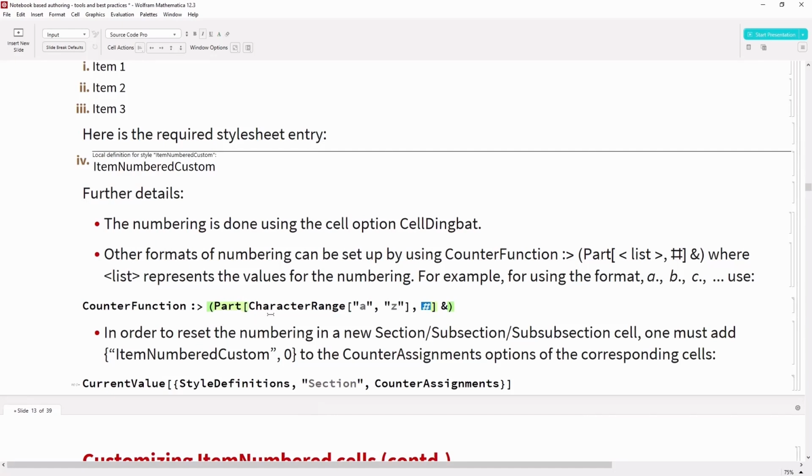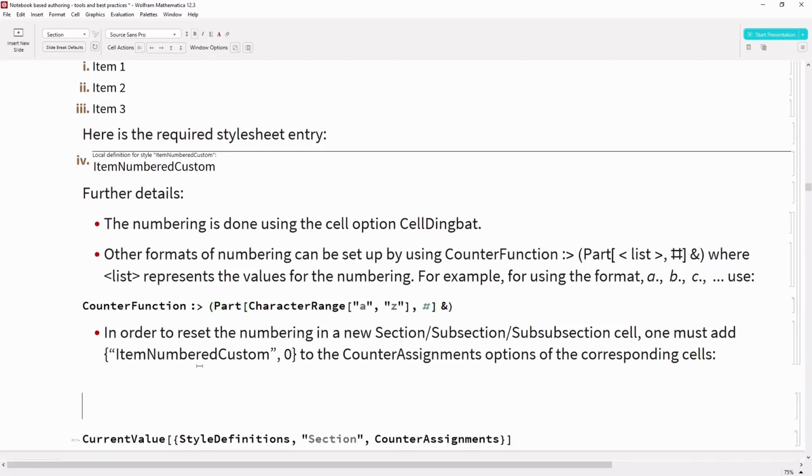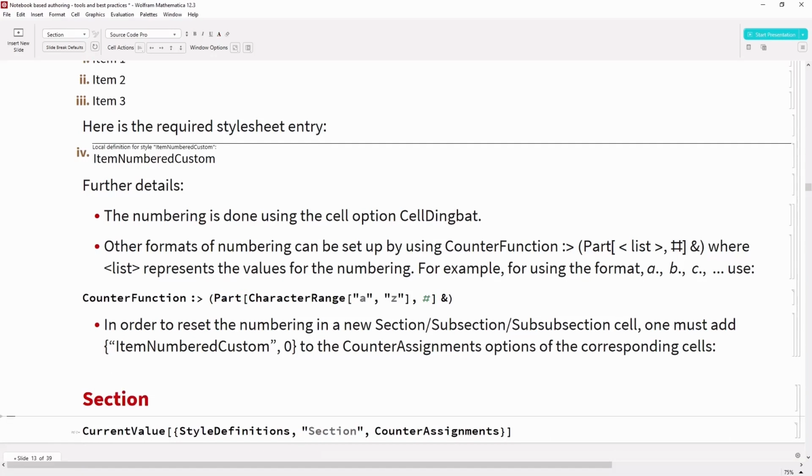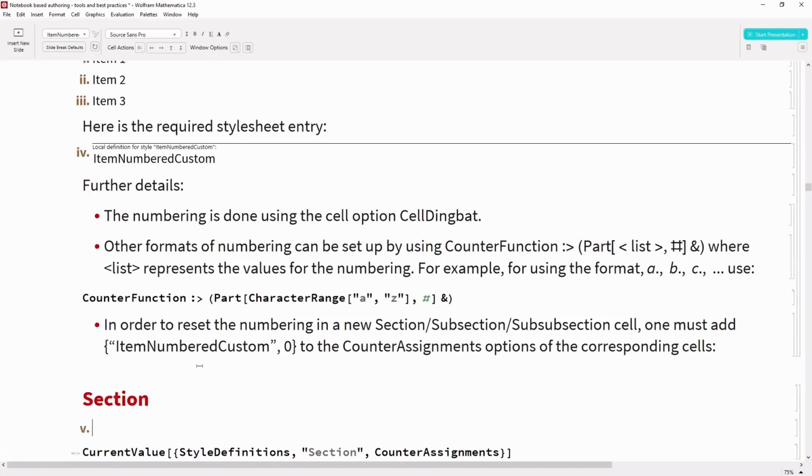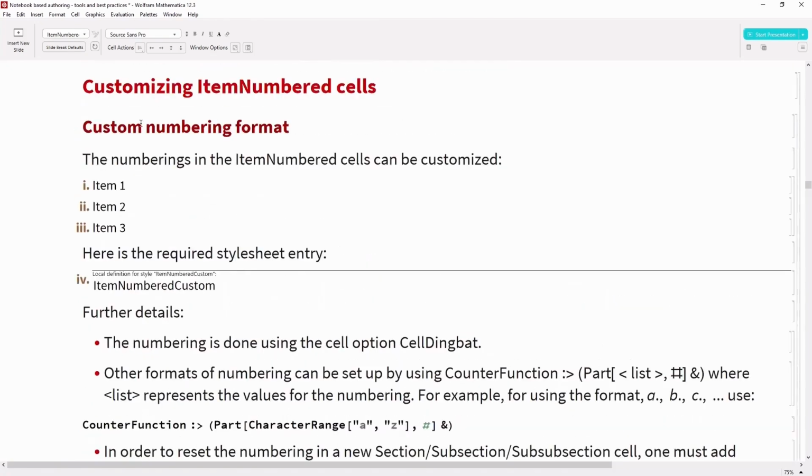If you want to reset your numbering when you start a new section or subsection, you need to make sure you reset your counter assignment. So for example, if I create a new section here, Alt 4, and I create a new item number cell, you would see that it is following the numbering from my previous section.